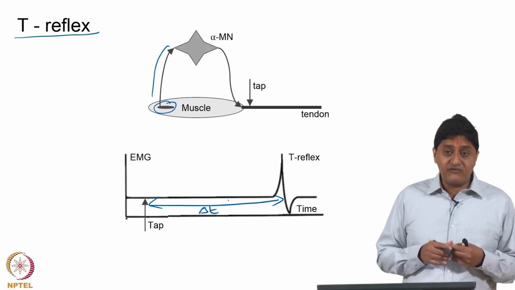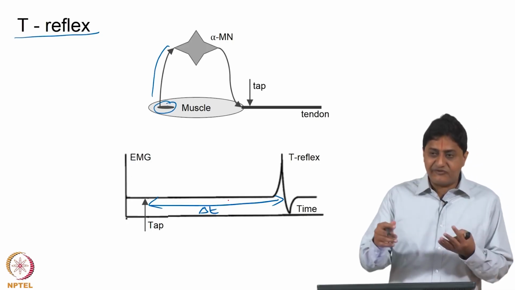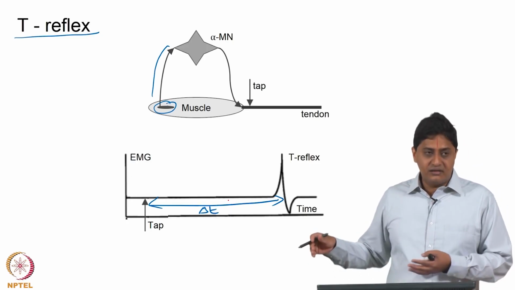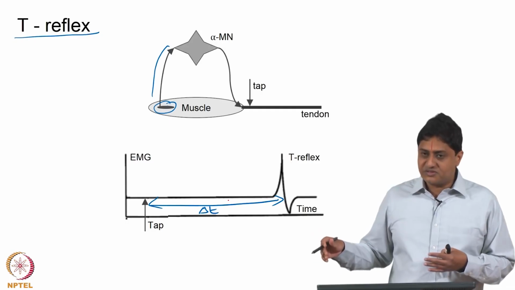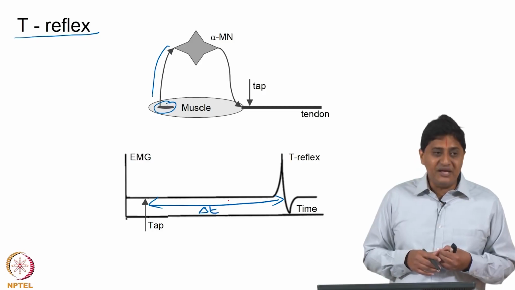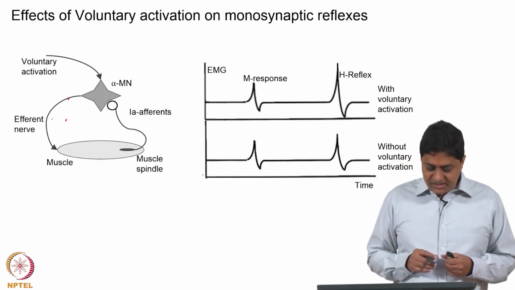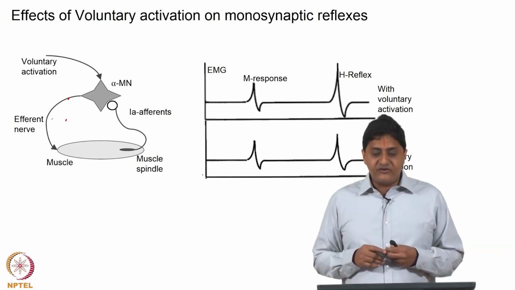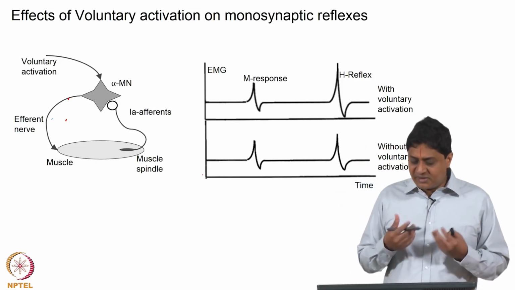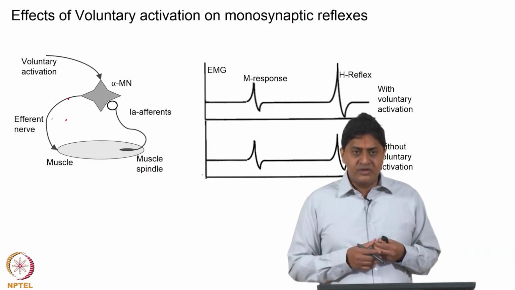Because the pathway involved is the same, is it not? There is a 1A afferent and there is an alpha motor neuronal pathway. So since these things remain the same, the timing remains the same. Now the question is, what will happen if there is voluntary muscle activation or some voluntary movement is performed during,